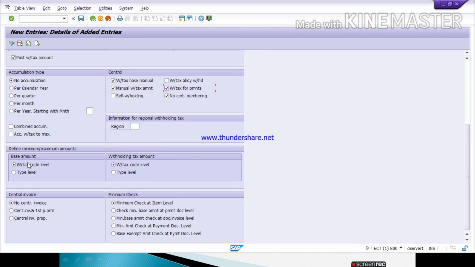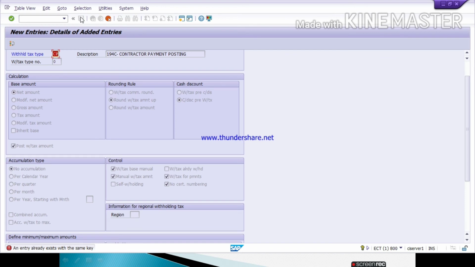In base amount you have to select this withholding tax code level. Here the same withholding tax code level. And for central invoice, you should select this central invoice proportion. Then in minimum check, first one, minimum check at item level. Then click on save. The same entry already exists, so similarly you have to create for all these sections.